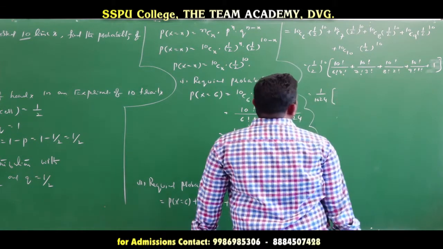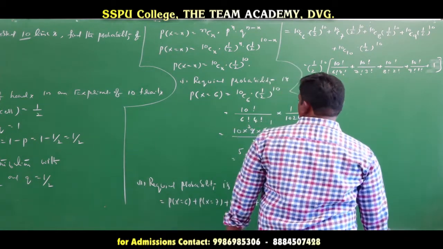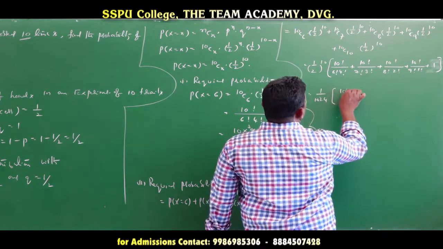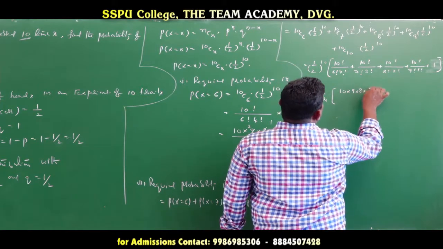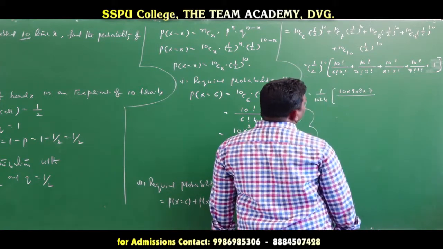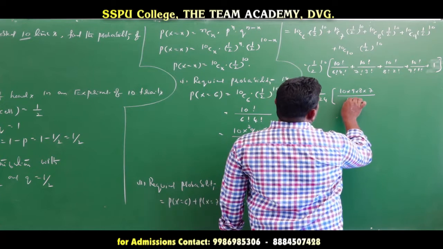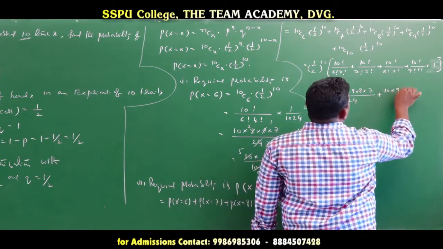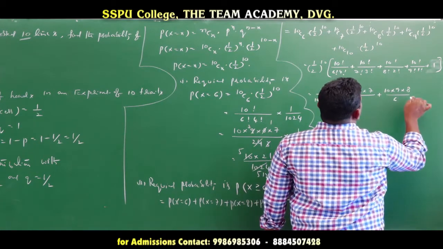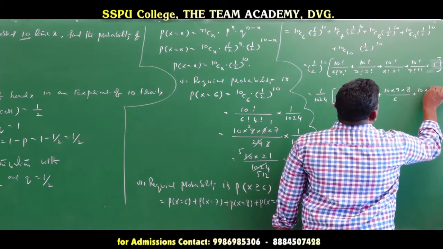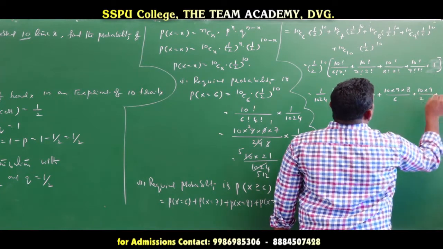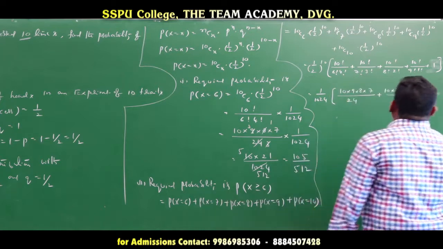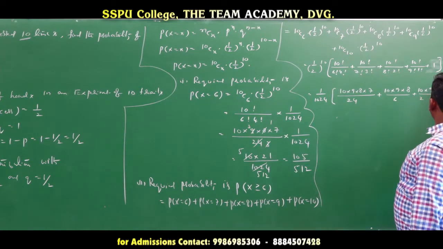Okay? Now this value, if you want to find 10c6, we already proved it. 10c6 means 10 into 9 into 8 into 7 by 4 factorial, with the 6 factorial cancelling. How much is this value? 24 there. Plus again 10 into 9 into 8 by 6, plus 10 into 9 by 2, plus 10 into, this value totally what we have done, plus the 9 cancelling, 10, plus 1, 11 value.